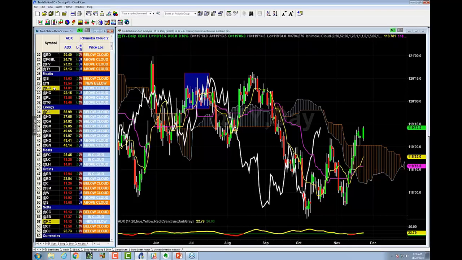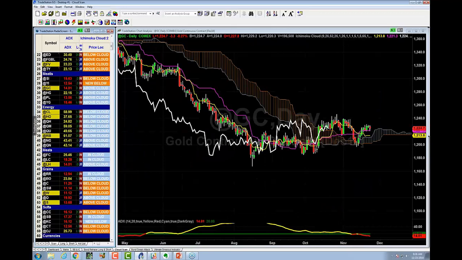All right, now we've got gold. Is gold a long, a short, or a pass? Do you combine candlestick signals with the cloud? Yes, I do. So this is a long, but it's kind of sideways, right? For me, gold is a long, but it's not really doing anything, especially when you think about how the markets are supposed to work.